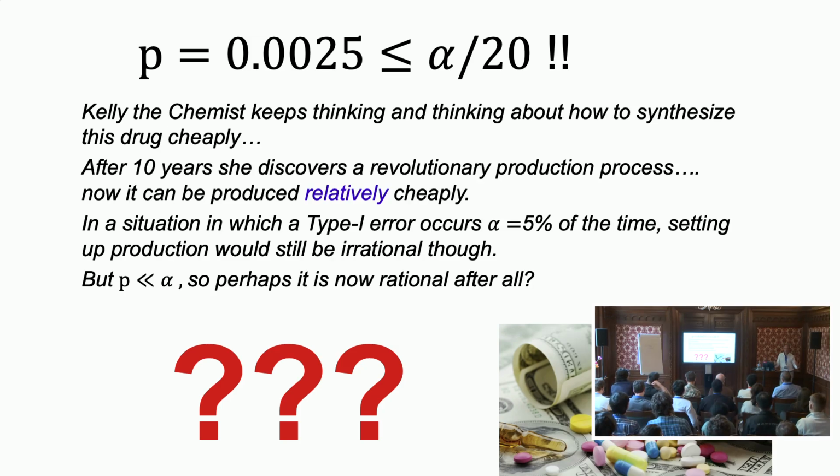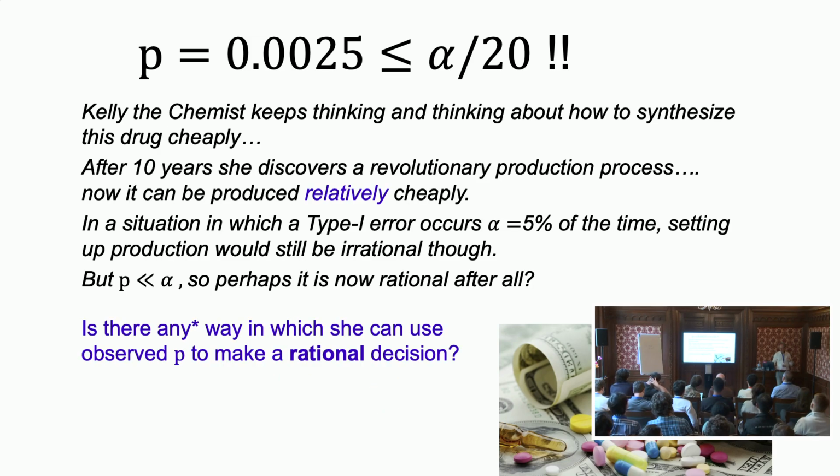What is definitely true is that if you see an impressive result, then based on that result, you might start thinking, hey, maybe we have to change the whole problem. And if we change the problem, then maybe what was first too expensive now becomes a rational thing to do. But it's not clear. You know that the small p-value means something, but you don't know what. You cannot use it as alpha, so you cannot make any calculation about the expected losses and gains if you build this factory. So is there some way to use the p-value to make a rational decision?